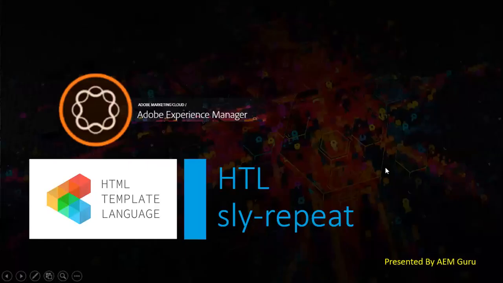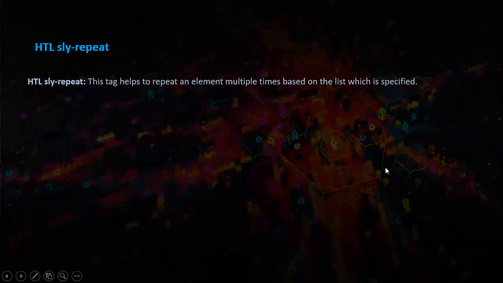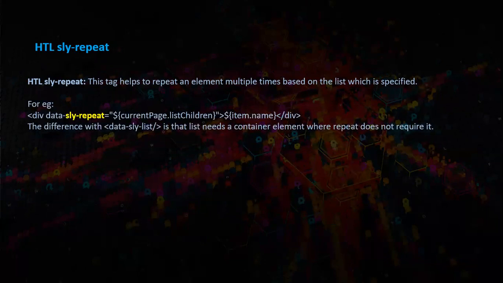HTL data-sly-repeat. This tag helps to repeat an element multiple times based on the list which is specified. For example, div data-sly-repeat="${currentPage.listChildren}"